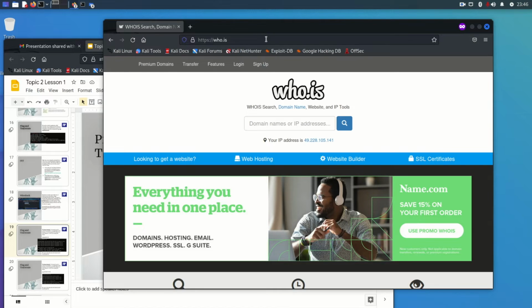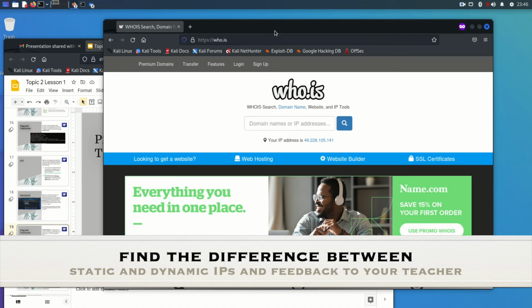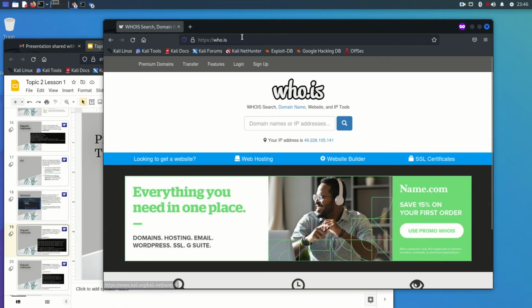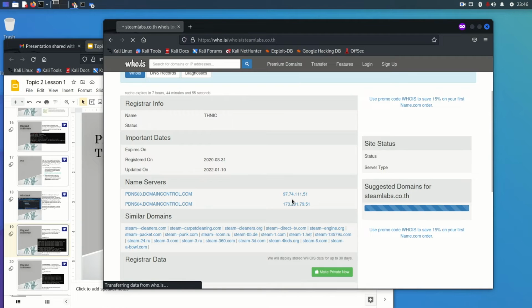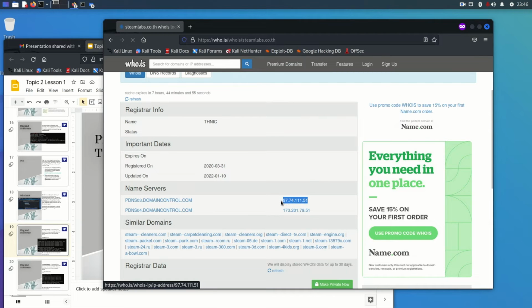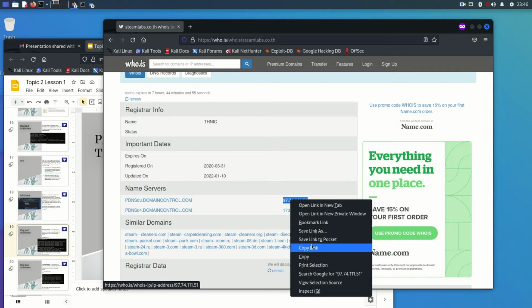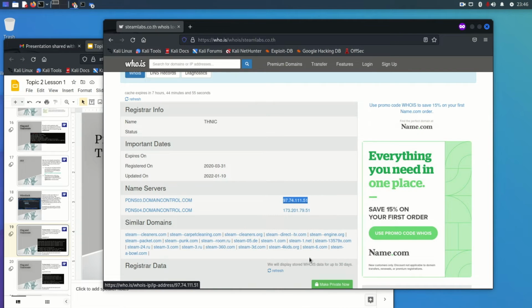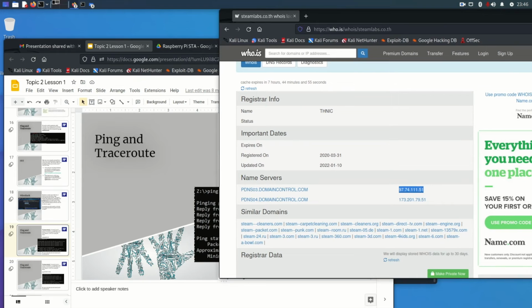The reason why there is an IP address behind that URL, the URL is like ASCII, right? So it's a friendly language which we can type in to find an IP address, or website address, apologies. But actually behind that, when we are loading a website, it's going to be using a static IP, which is a fixed IP address. So if I type in steamlabs.co.th and press on search, we're going to be able to find that fixed or static IP that is behind this URL. So if I do copy link or just copy here and head back over to that terminal window,